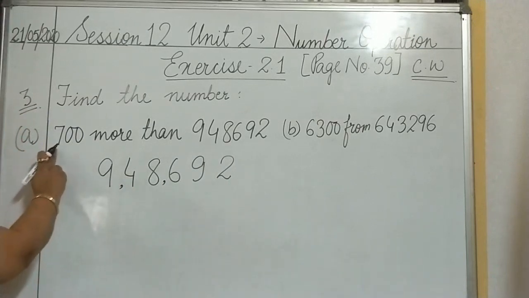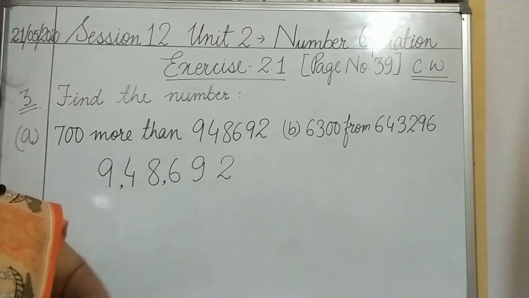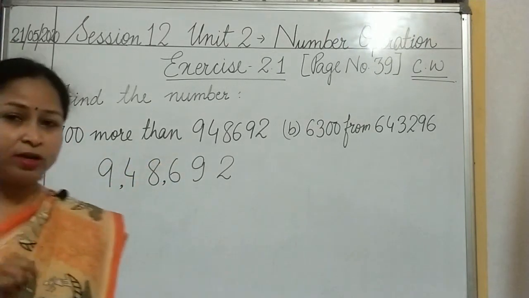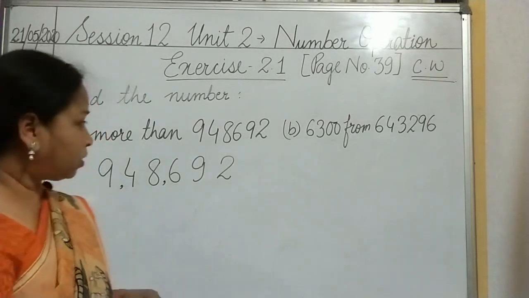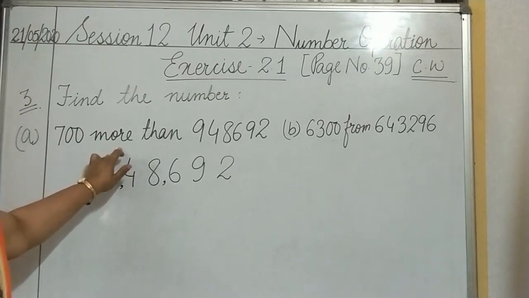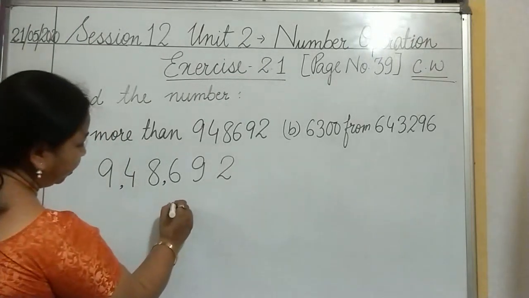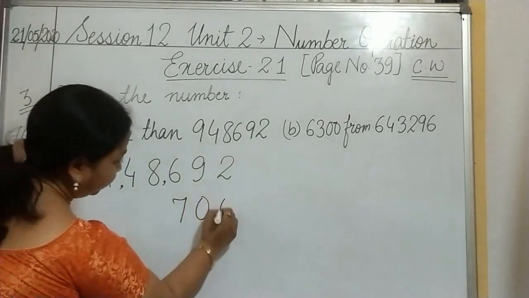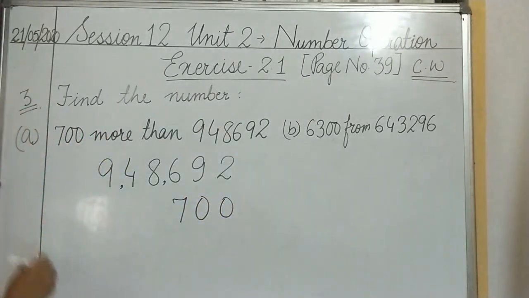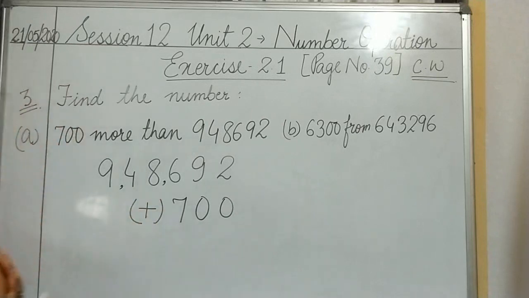Now what you have to do? You have to add 700 more than. But there is nowhere written add. But in our mind, it is very clear that we are doing the addition chapter. Okay. So can you see this word more? More means addition. Okay. So this gives us a hint that we have to add. And how much are we going to add? We are going to add 700. My answer is still incomplete because I have to put this tool, the tool of plus. Since we are doing addition, the tool we are using is plus.